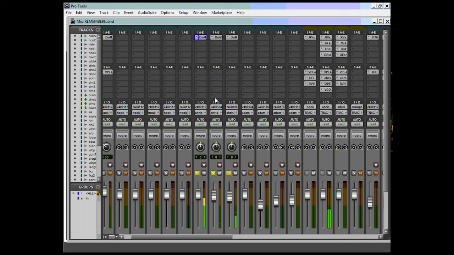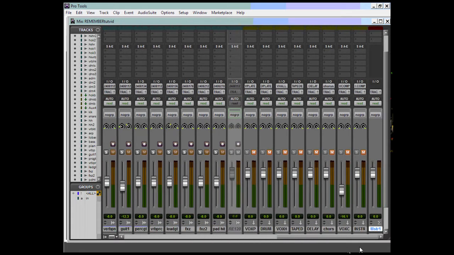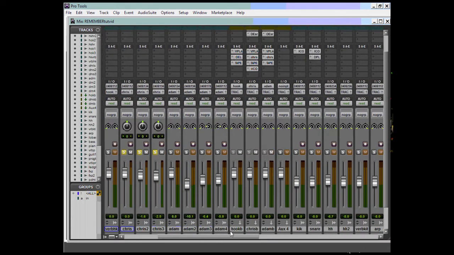All right, so we hear that he has a couple emphasis tracks right here. This is his lead line. This is his first emphasis, and this is his second emphasis, kind of an ad lib thing where he was doing some echo stuff. All right, so